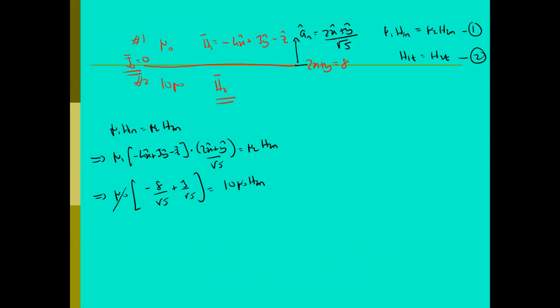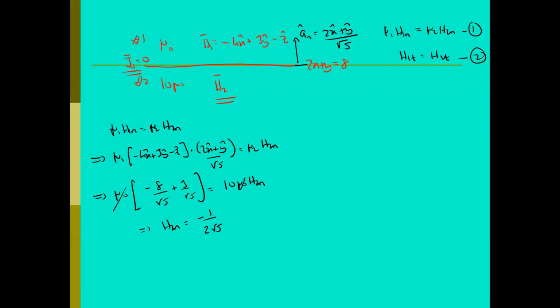So mu0 can be cancelled out, and we end up with H2n equal to negative 1 divided by 2 square root of 5. Because this gives us negative 5 over square root of 5, and then we have 10 down here, so that gives us negative 1 over 2 square root of 5. So once you get the H2n of negative 1 over 2 square root of 5,